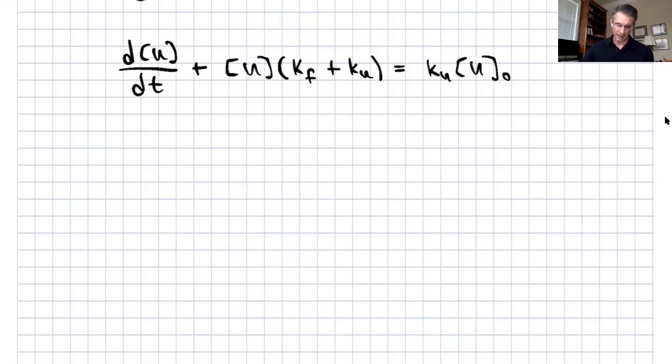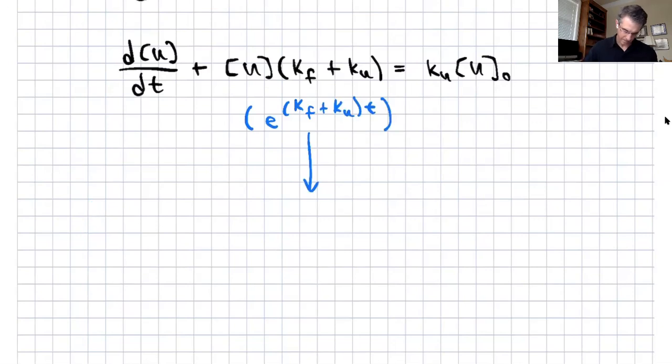But in either case, the easy way to solve this differential equation is basically to multiply through with this term, e to the (kf plus ku)t, right? So if we multiply all the terms in that equation by that term, we end up with something that looks like this, which is that,